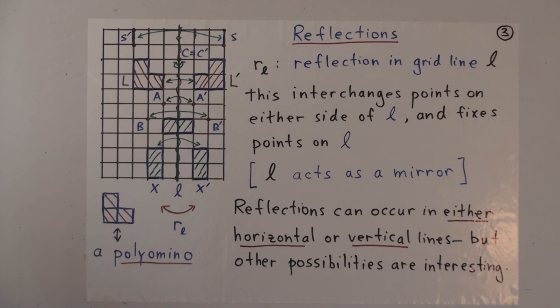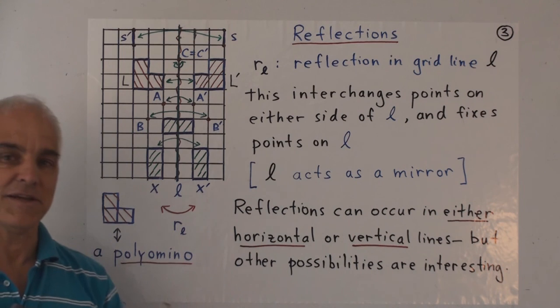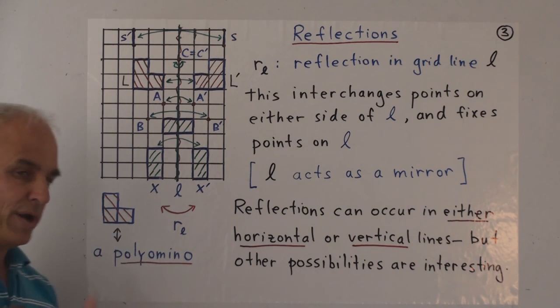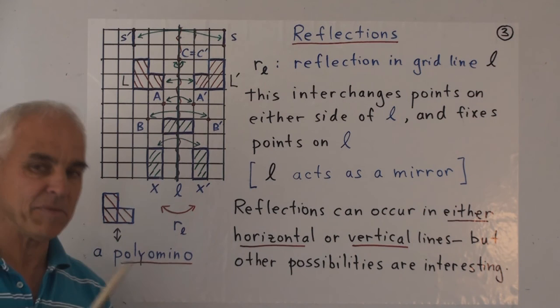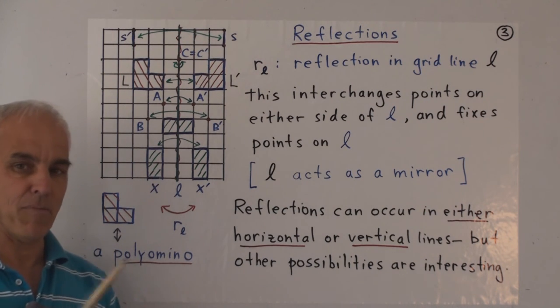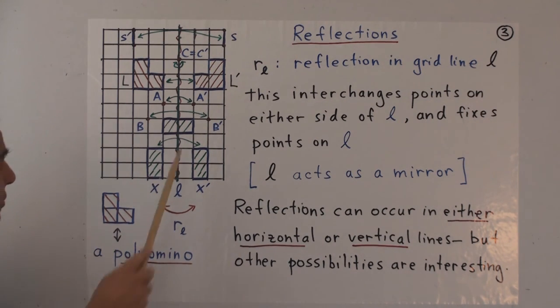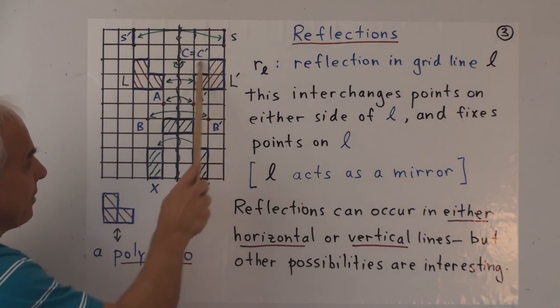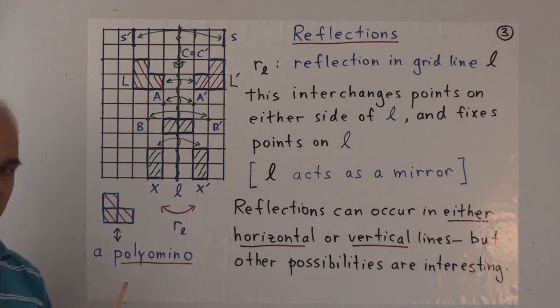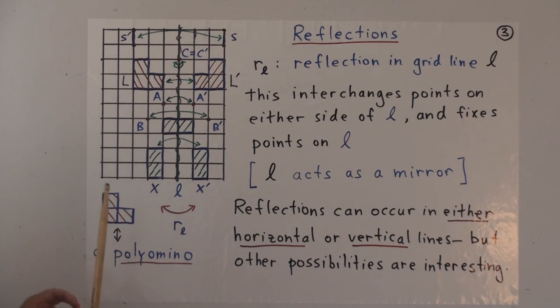Now, I'm going to introduce a slightly more fancy kind of object. After all, points, lines, segments, rectangles, a little bit boring after a while. We'd like to have some more interesting figures. And let's introduce this kind of object right here. It's called a polyomino, like domino except poly. And it's a figure that we're going to talk about quite a bit later on. So this is just one example of a polyomino. It's a very simple example made out of 3 cells. The cells are connected along edges.